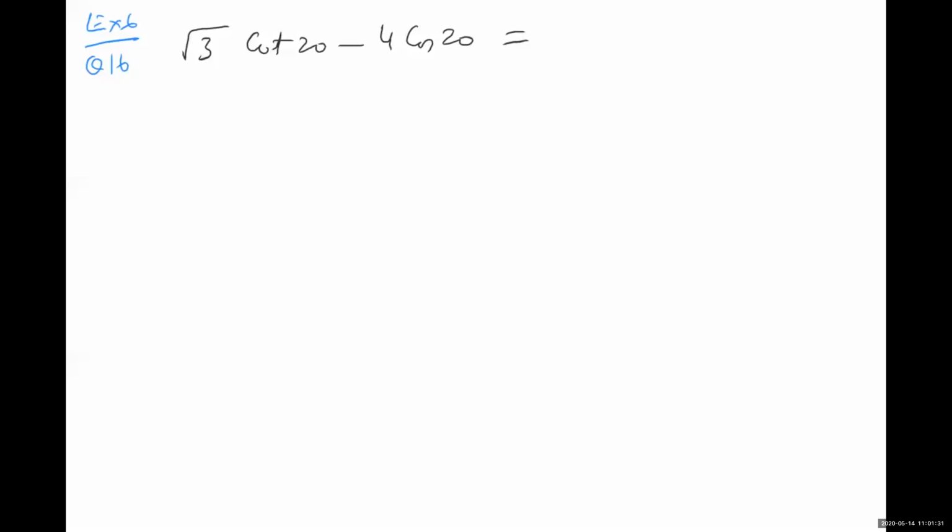So what do we have to do here? First of all, definitely we have to convert to cos and sine, because cot is there. Cot, tan we don't like. Golden rule is convert to sine and cos. In sine form the answer will not come; this answer will be direct. Some numbers will be there, I think. So root 3 cos 20 upon sine 20 minus 4 cos 20. I can write in this form. Then take LCM.